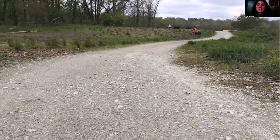We're close to the end here. This is a picture of the Wildberries Unlimited Native Pollinator Meadow, which I've been showing images of last spring. And here I wanted to show, I think we cut it down a little bit far, but you can see if you look really closely that we left all of the stems on site. So we waited until everything was about knee height and then cut it down,